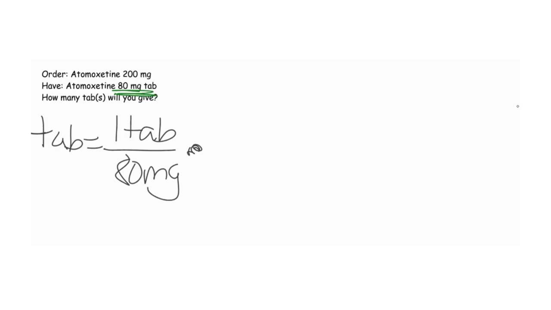setup. And remember, when you're building your next set, you let the unit of measure in the denominator guide you to the unit of measurement for the numerator. So we have milligram in the denominator here. So for our next set, we're going to have milligram in the numerator. So how do we find what we need in the numerator? Well, we look at our order, and our order has 200 milligram,